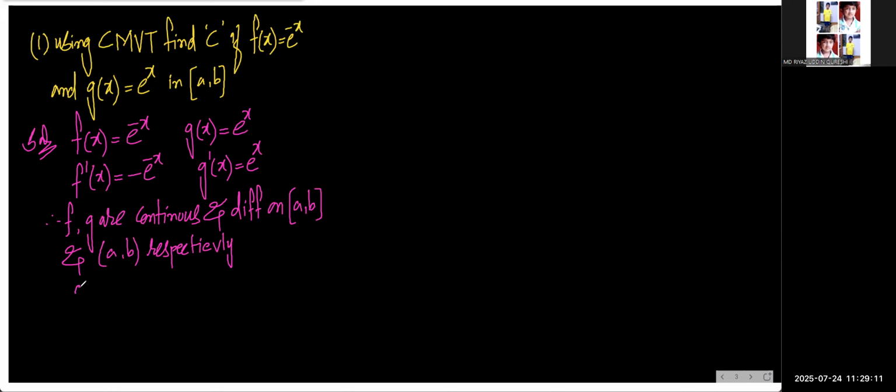Third condition also, g dash of x is not 0. You take any value between a and b. Now, according to the Cauchy's mean value theorem formula, by